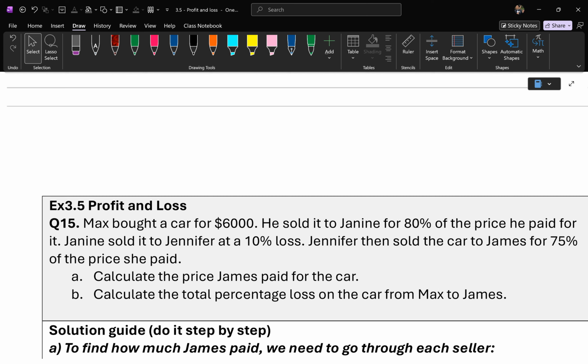Okay, so James is the last person. How much did they pay for the car? Started off with $6,000. What's the final answer? Now, my guidance will teach you how to go through that, but I'd rather you try to do it without my guidance first, and then use my guidance to help. Okay, I'll fill in the answers afterwards, but we'll stop there. I'm going to pause the video, and then